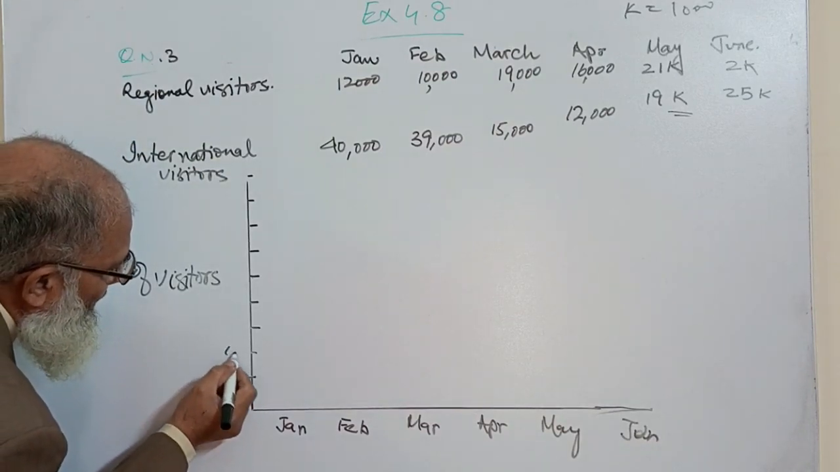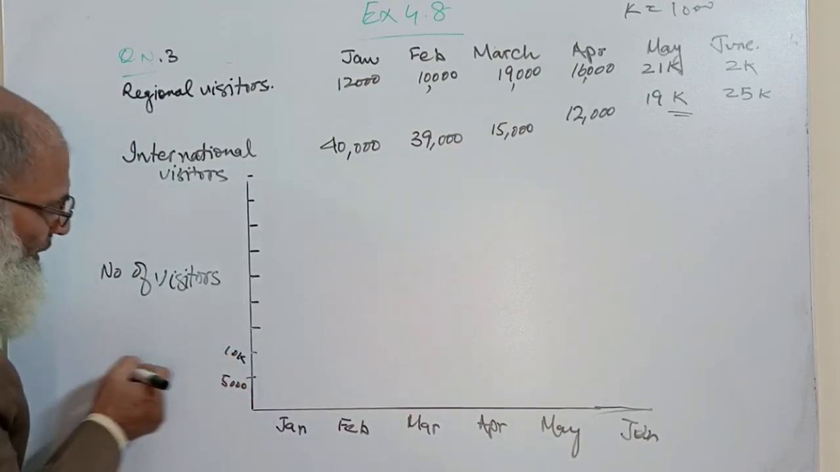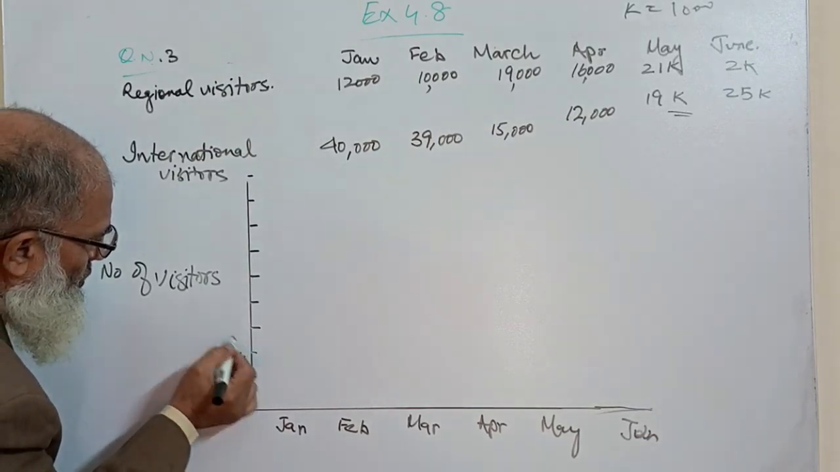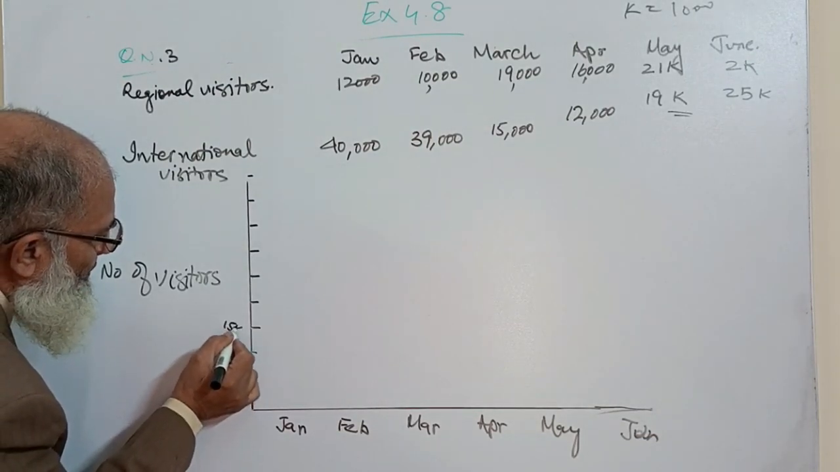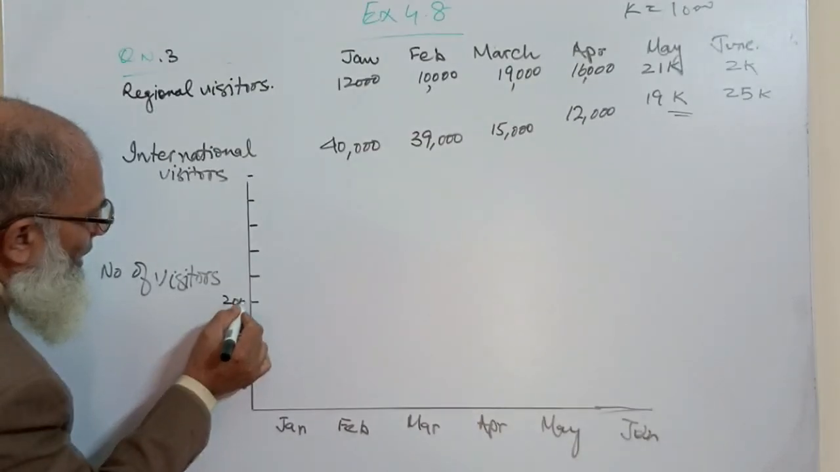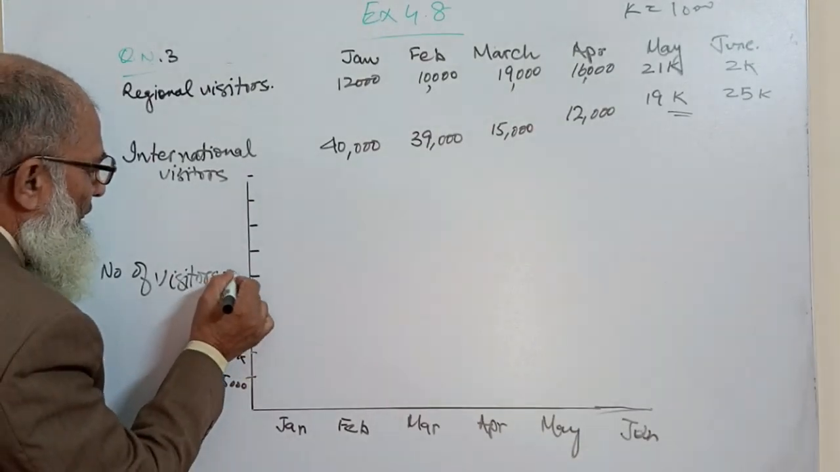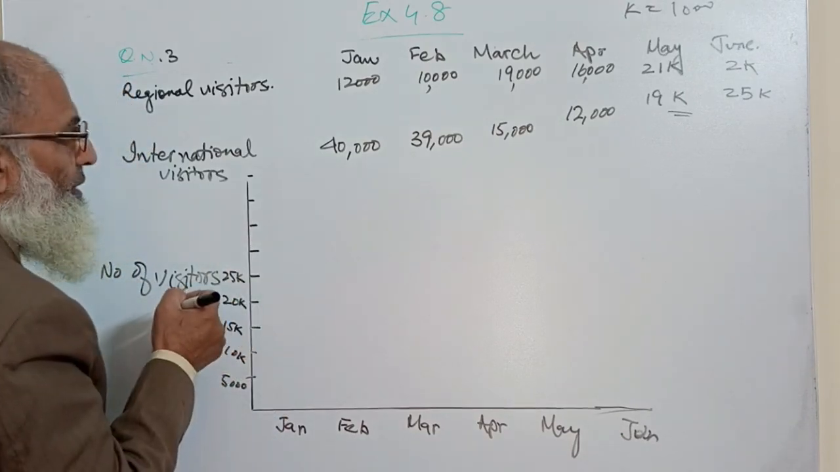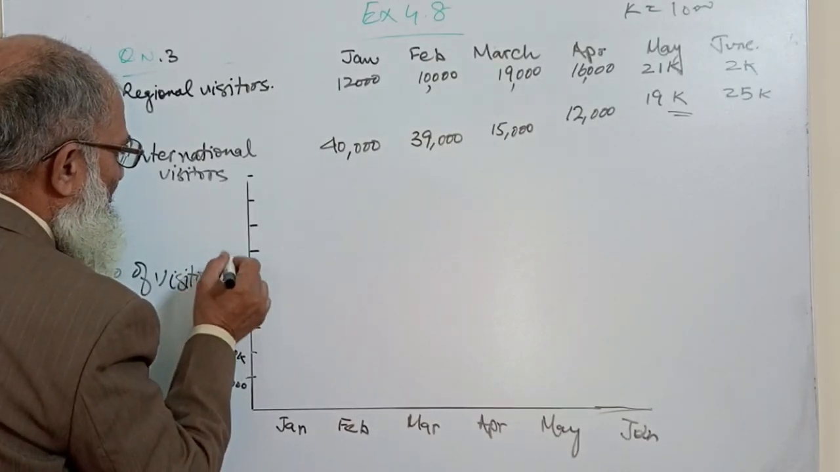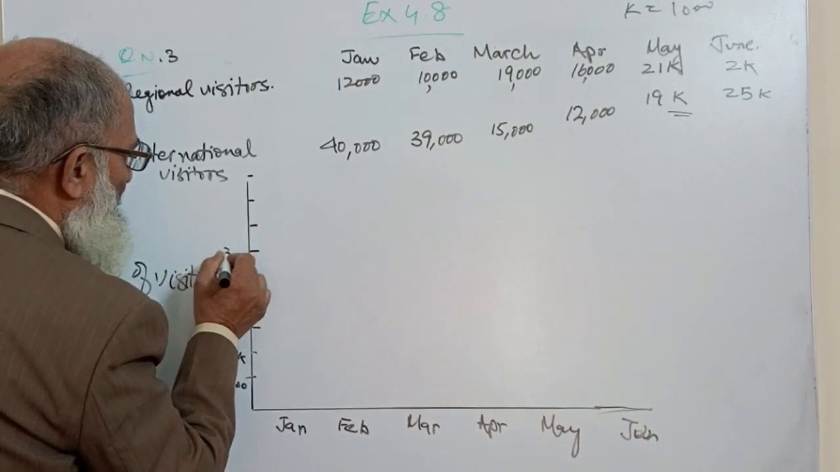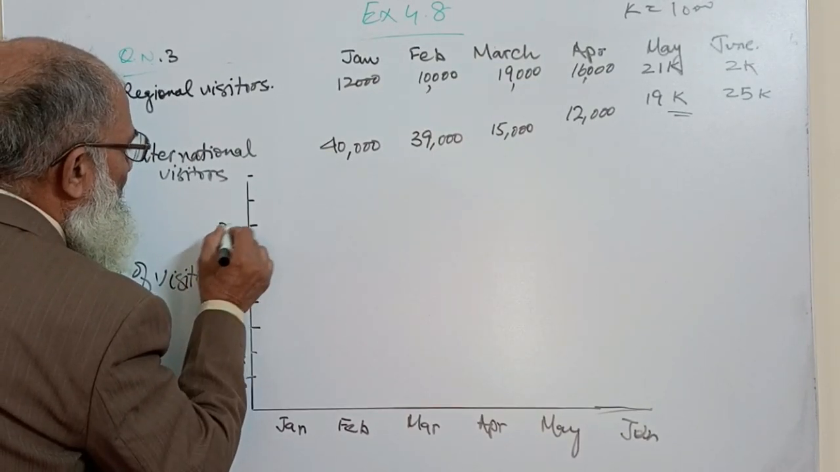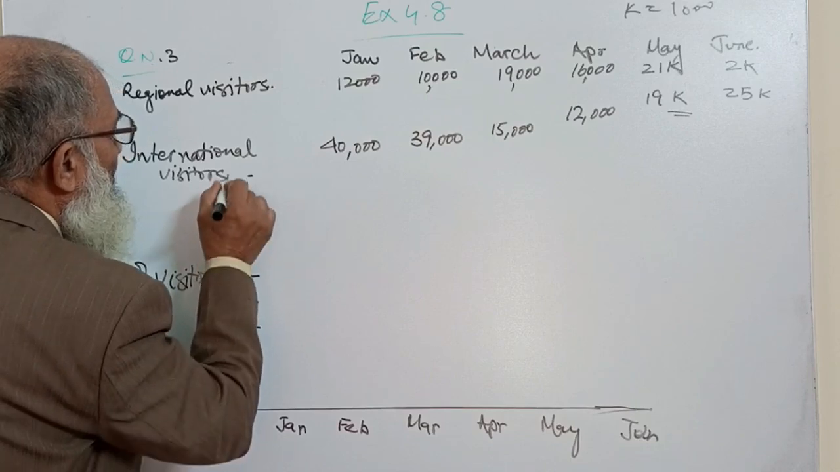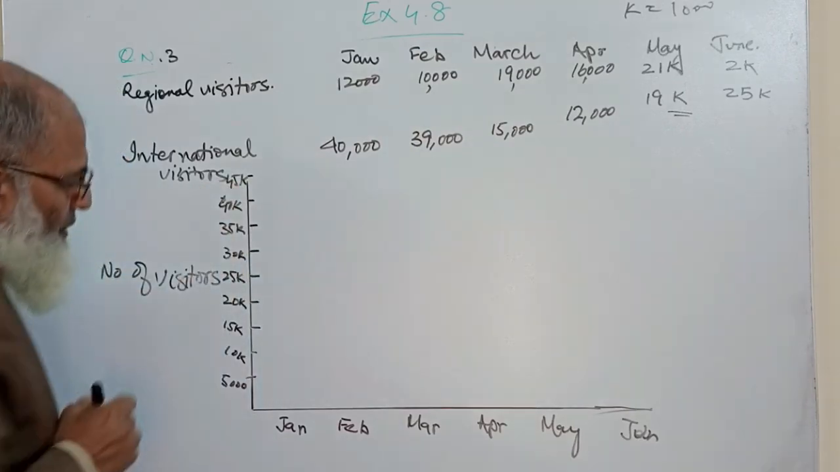5,000, 10K, 15K, 20K, 25K, and what is the most amount, that is 40K. 25K, 30K, 35K, 40K, and 45K. Okay, now